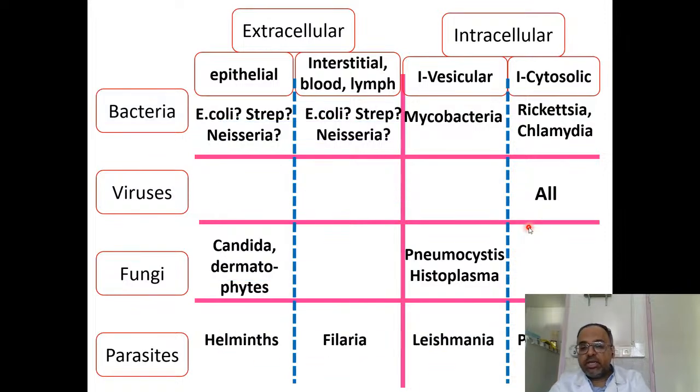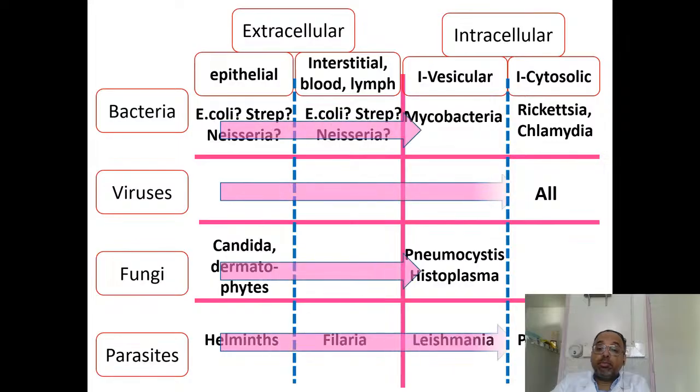The table that you're seeing in here shows the final destination of the pathogen, like the final destination of viruses in the intracytoplasmic space, or the final destination of Plasmodium or Rickettsia or Chlamydia in the intracytosolic space. But the point is that for a pathogen to reach its final destination, it needs to pass through other spaces. If a virus wants to go inside the hepatocyte, it cannot jump into the hepatocyte directly. So it has to go through other spaces.